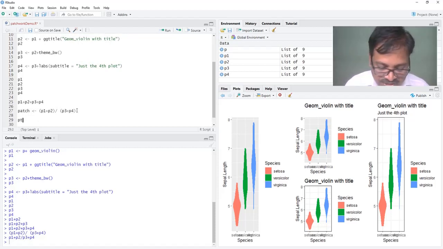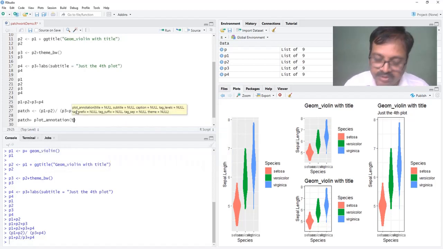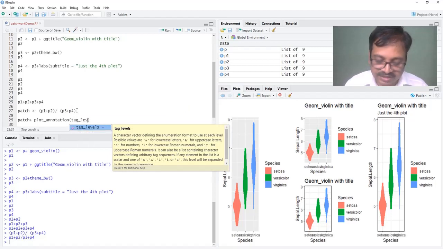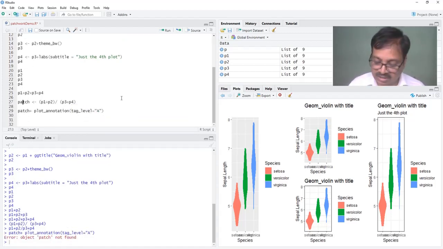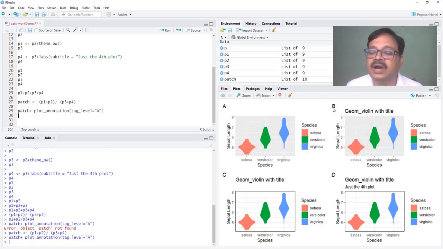To this patch I will add the annotation layer, patch plus plot_annotation, and we'll put here tags, tag_levels, so that each subplot will get a label, tag_levels equal to the label name. When we run that, patch is not found. We'll run this and we'll run that. The four subplots will get annotated with letters A, B, C and D.